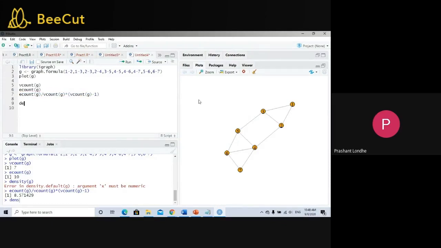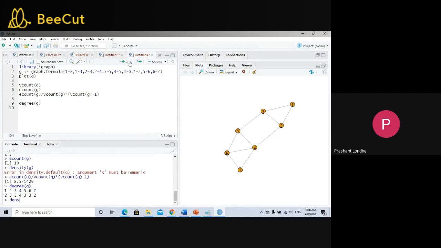Degree, we know how to calculate degree. So degree of G is used to calculate the degree. Fine. Now, we need to calculate the reciprocity. For reciprocity, we have to define a new graph.